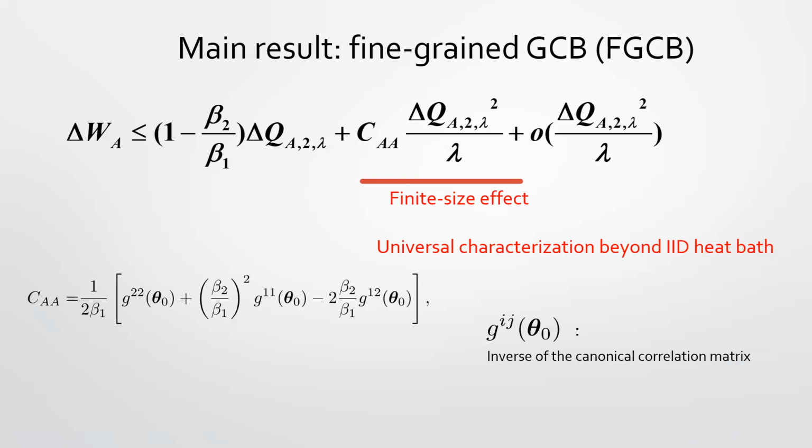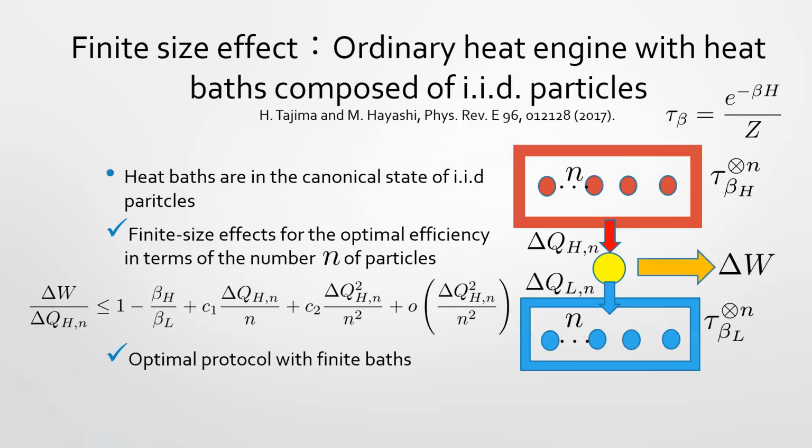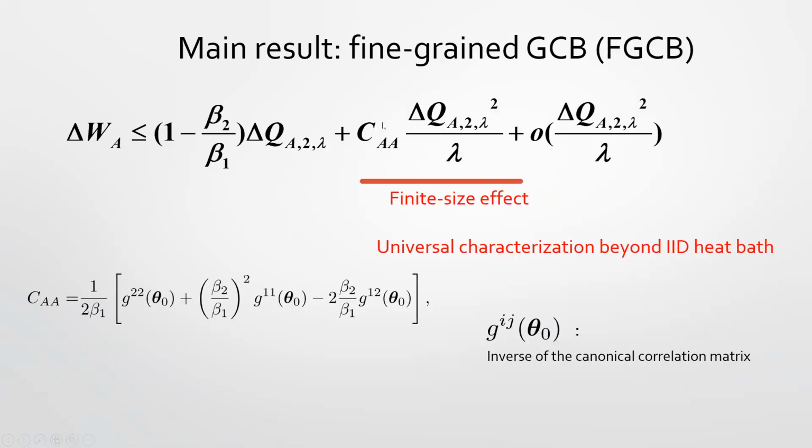This is the derivation of the second order correction in the case of one conserved quantity. So that kind of discussion is essentially the same as the first step of our paper. So in that paper, we derived this one. But in that case, we assume the IID assumption. So we have some coefficients C1 and C2, and we have this. But in our current discussion, we have only this one.